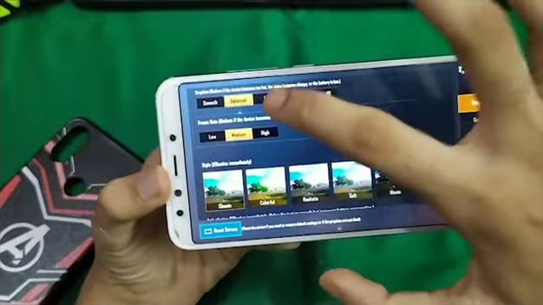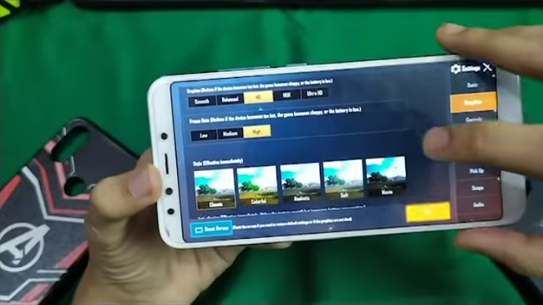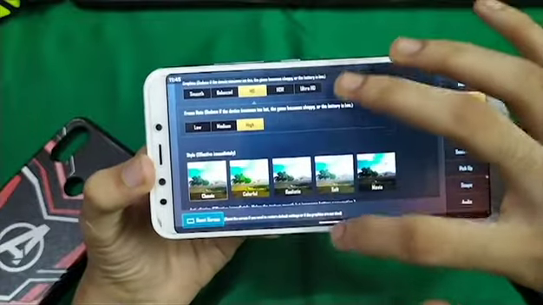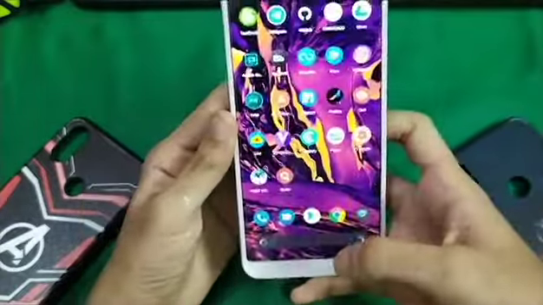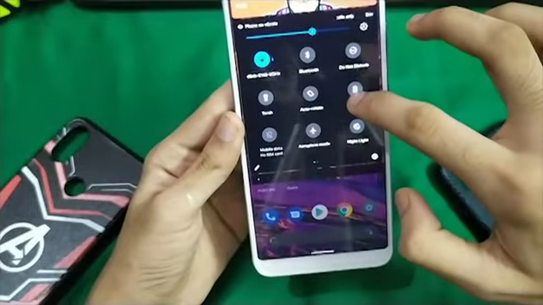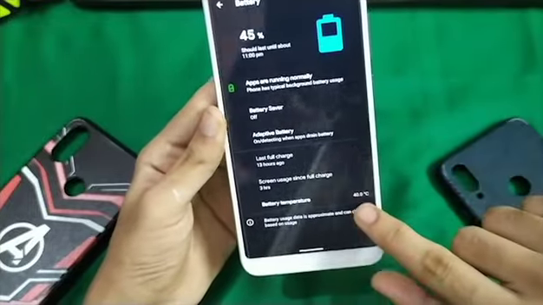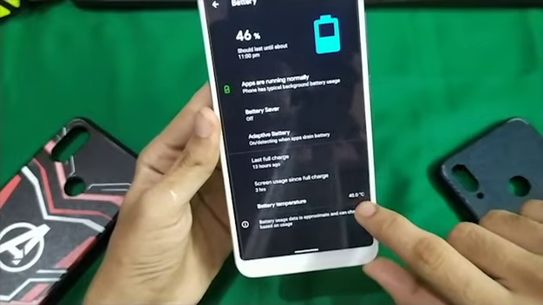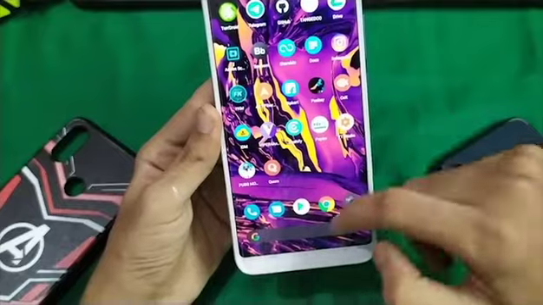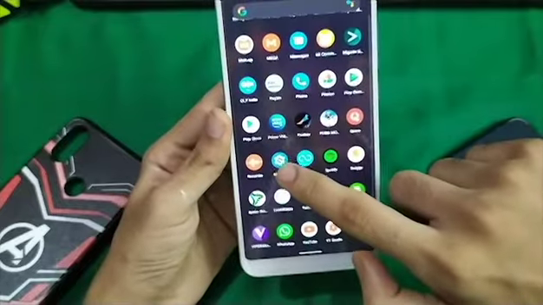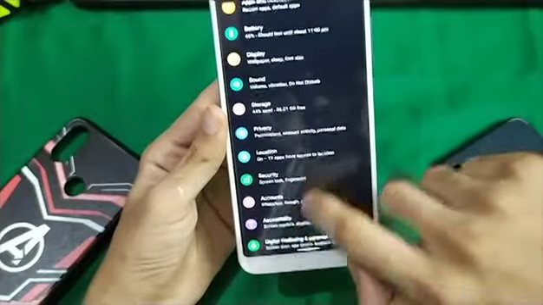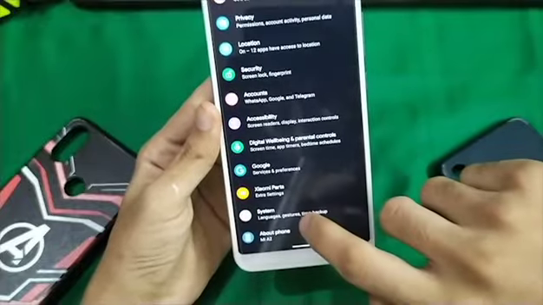As I said, as you can see, this ROM can handle PUBG at HD settings without any frame drops. But the only downside which I face is that this phone tends to get heated a lot. So let me show you the temperature. As you can see, when I open PUBG, the temperature hits up to 40 degrees Celsius, and when you start playing, it will reach up to 42 to 43, which is the only major downside which I faced in this ROM. Otherwise, this ROM is very stable, and you can install it and use it as your daily driver.